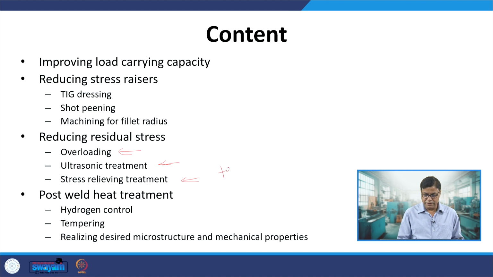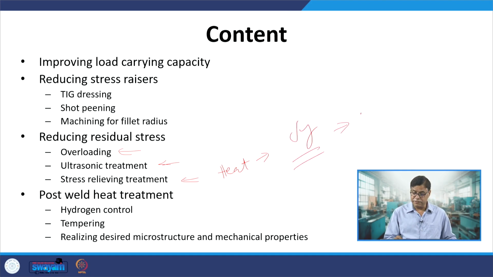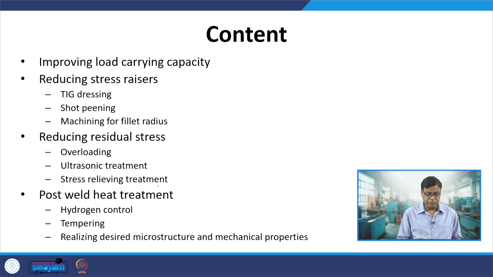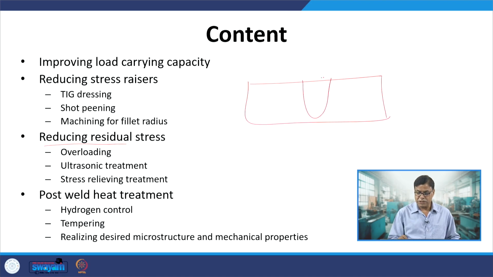Here we just heat the weld to a higher temperature, so that the yield strength is minimized, and a reduction in yield strength will be reducing or eliminating the locked in strain, which contributes towards the development of the residual stress. That is the idea behind the stress relieving. So, these are three methods for reducing the residual stresses in the weld joint. Okay. Then to improve the weld joint properties, it is very important that not just the